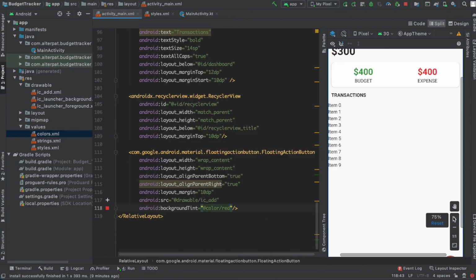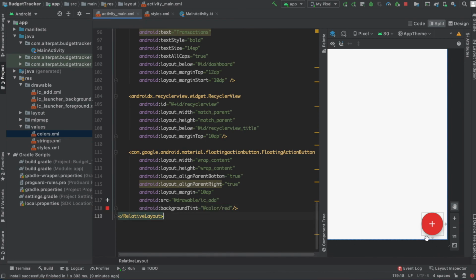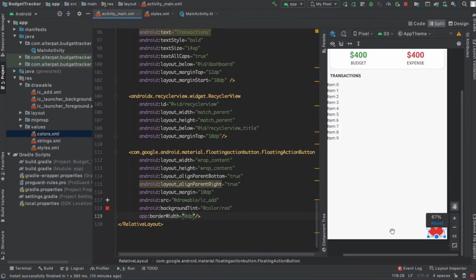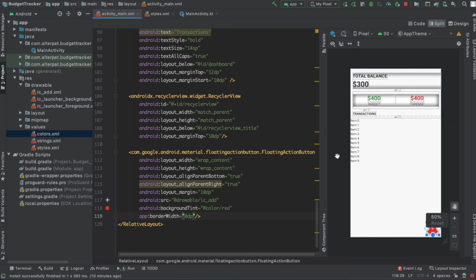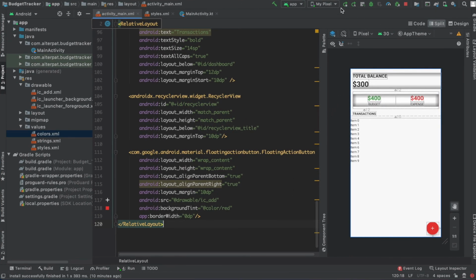So if you zoom in, the border is still in a different color. It's some kind of greenish. I will completely remove the border. So set border width to 0 dp, and now it looks better. Okay, so we're done, I think, with the video. So okay, let's test it, run,